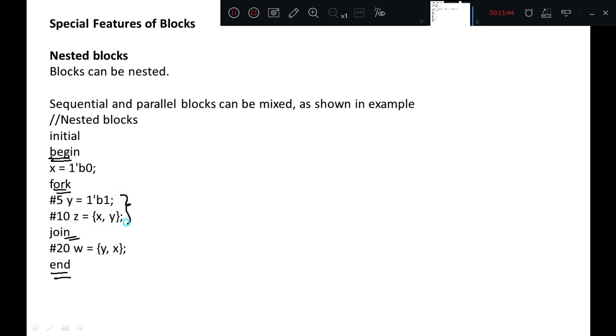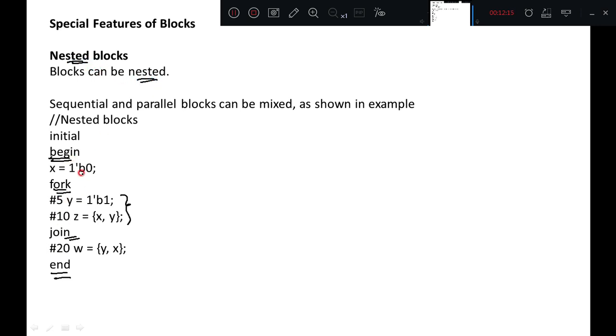So these two statements are evaluated simultaneously, but the actual begin and end means first it will evaluate x equal to 1 tip b0, and then this w statement y comma x is evaluated. But these two statements are nested or grouped together by using fork and join, and this itself we are calling nesting.